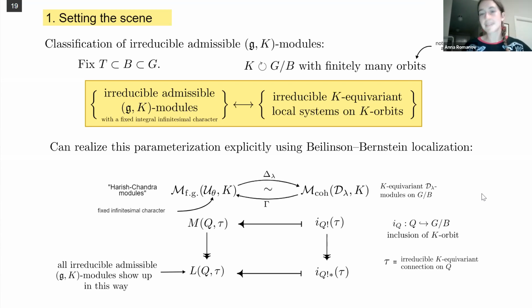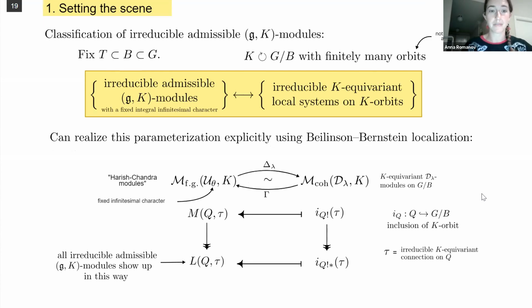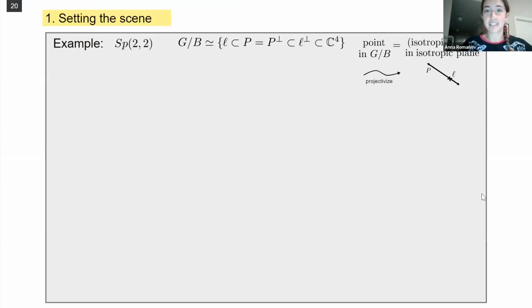So I have some class of modules that I care about. I have a nice classification of these modules in terms of local systems on orbits. And to keep us grounded in reality, let's try to see what this looks like in terms of our symplectic example. Okay, so for our example of SP22, we can realize the flag variety as the set of all these